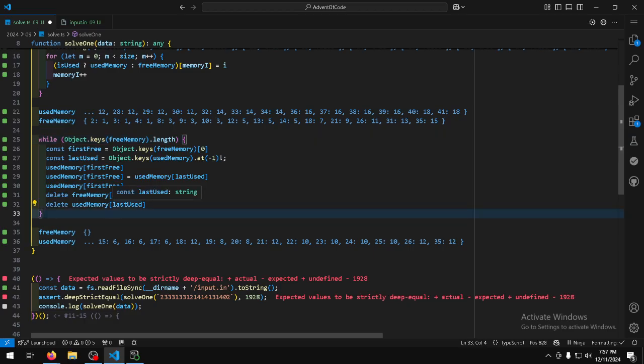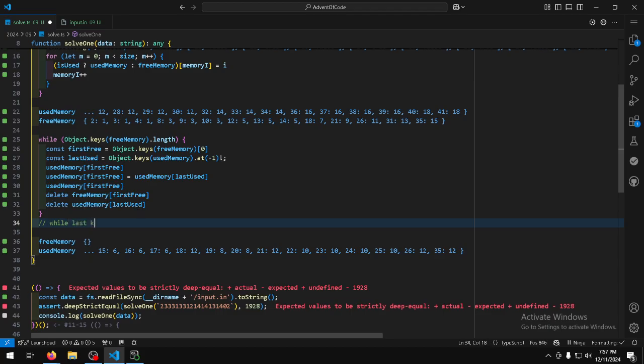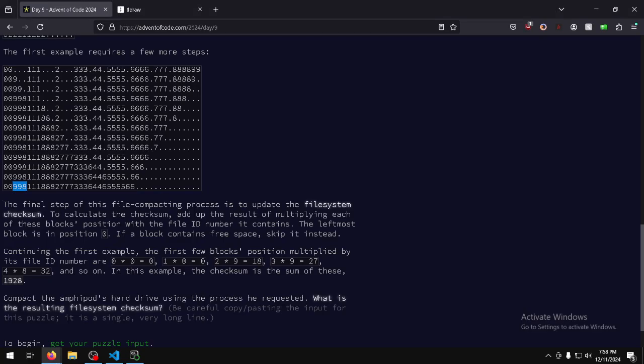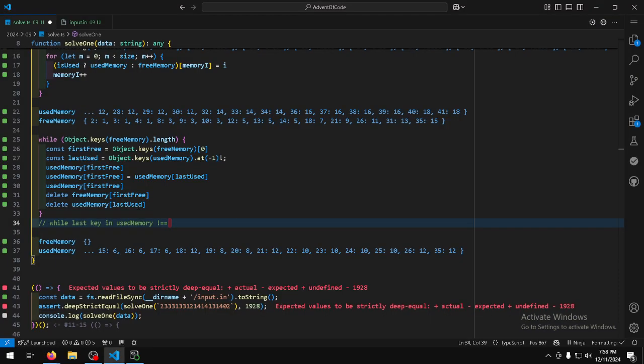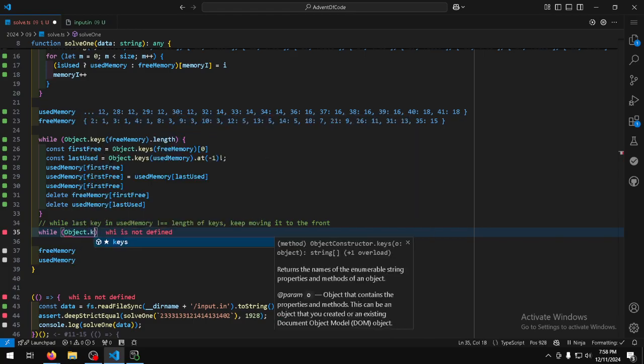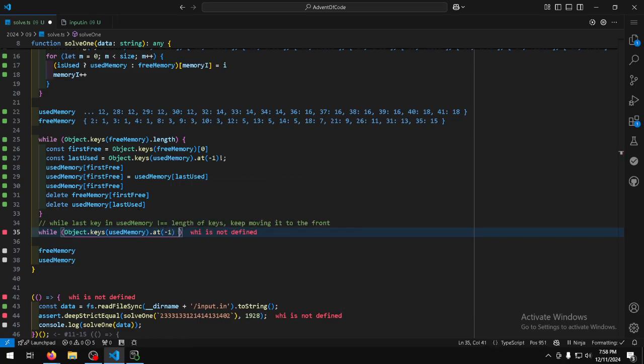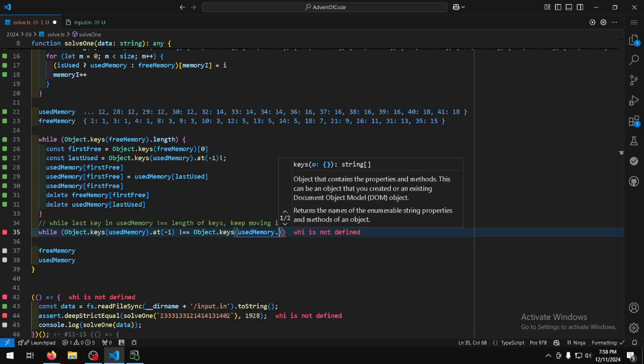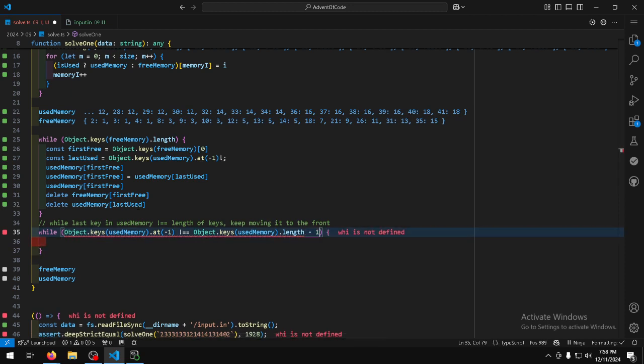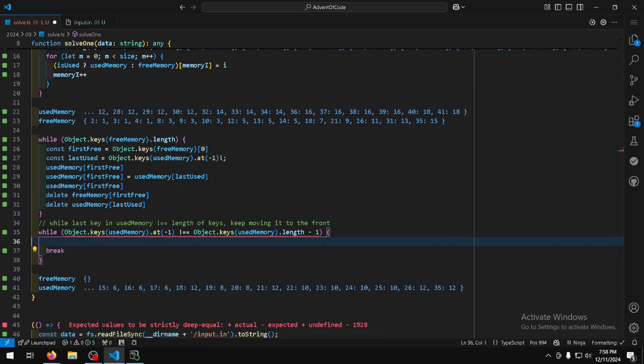So while this is happening... Okay, so it's another while loop, basically. While last key in used memory not equal... Is that what we want to do? I feel like that's what we want to do. I'm gonna do that. Well, the last key is not equal to the length of keys, keep moving it to the front. While Object.keys(usedMemory) at -1 is not equal to Object.keys(usedMemory).length, I'm worried about an off by 1 here. We're going to do that, put a break in here, not eat my computer. Then we basically need to get the next free slot,